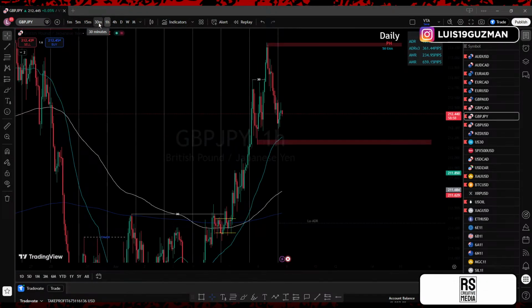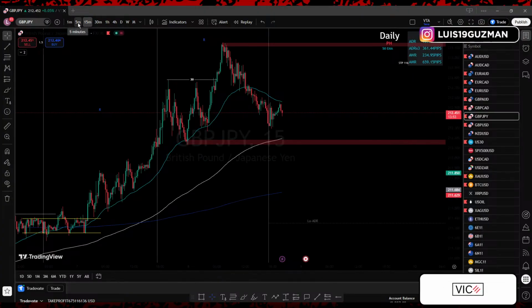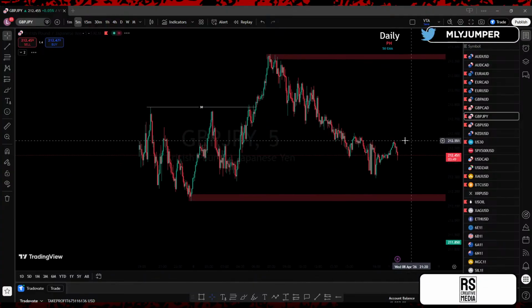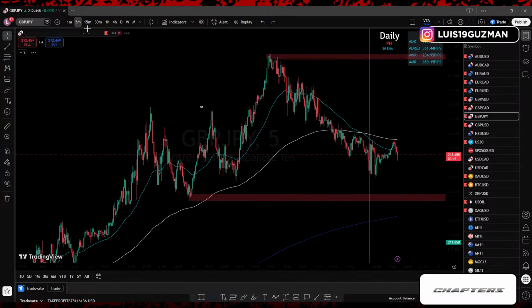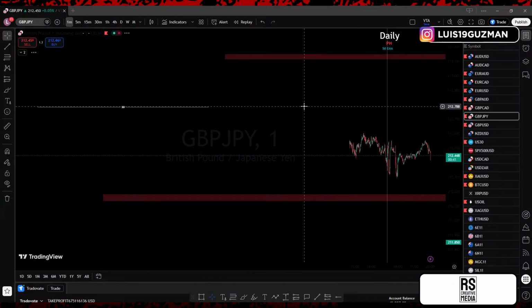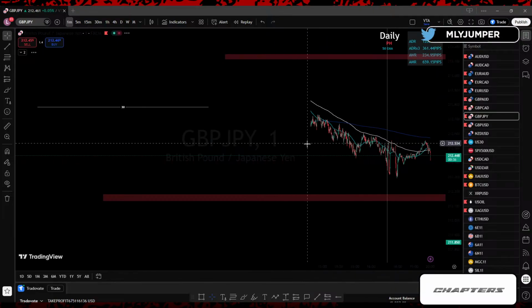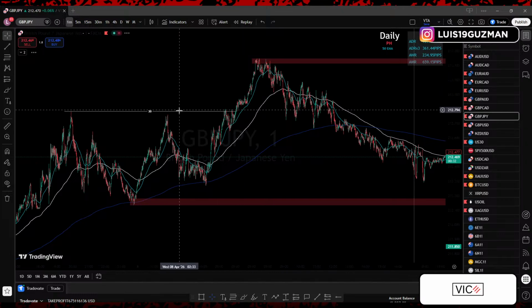If you have any engulfing candles, nothing just yet. Nothing on the 1, nothing on the 4, nothing on the 30, nothing on the 15. On the 5 minute, when we're looking at structure, we're trading between the same parameters, the same highs and lows. When we're looking at the 1 minute, it looks like it might be the same thing too. I don't want to get too mixy with this on the 1 minute time frame. Come on, load up. On the 1 minute time frame, pretty much the same thing.